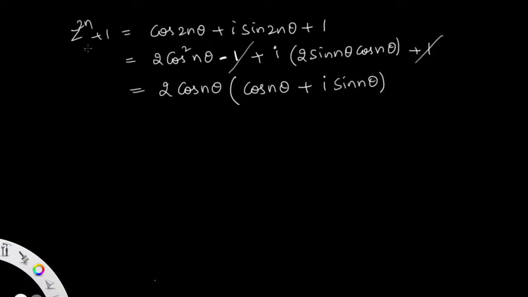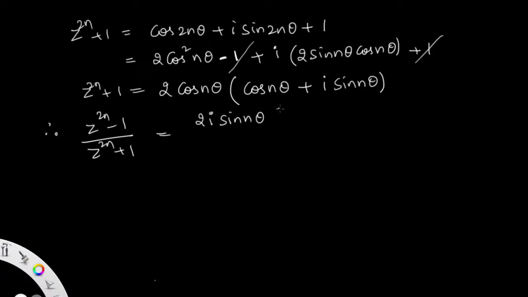So this is the value for z power 2n plus 1. No need to change before problem, just i is associated with sine only. So there is no change, only for the before term. Therefore, now in the question, it is given z power 2n minus 1 by z power 2n plus 1. That means 2i sin n theta into cos n theta plus i sin n theta,